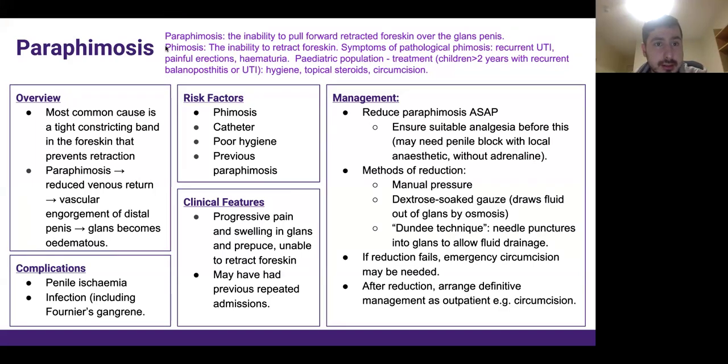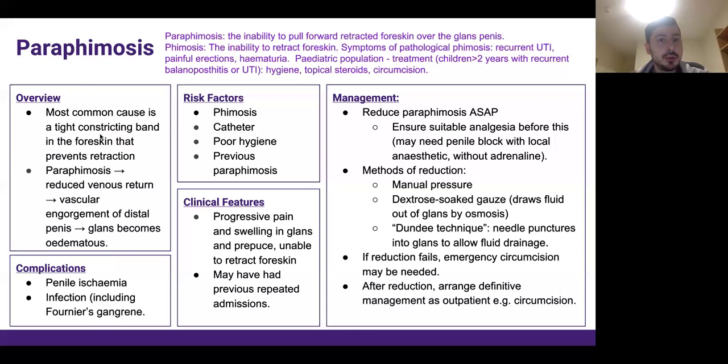So paraphimosis is when, let's start with phimosis. It's easy to visualize it that way. So phimosis is when you can't retract the foreskin. But if the foreskin is already retracted and then you can't replace it, that's paraphimosis, and paraphimosis is the true emergency. That is because when you have